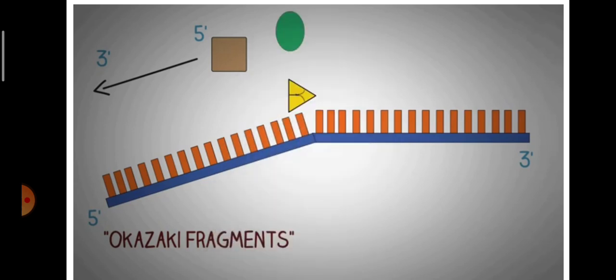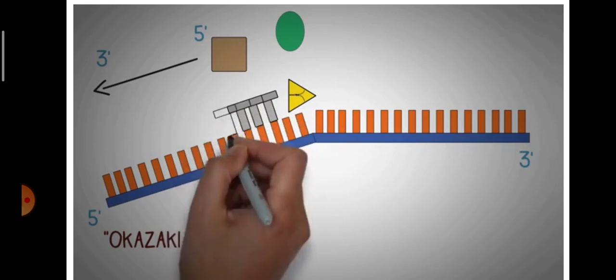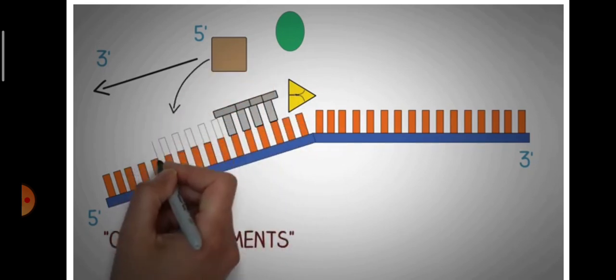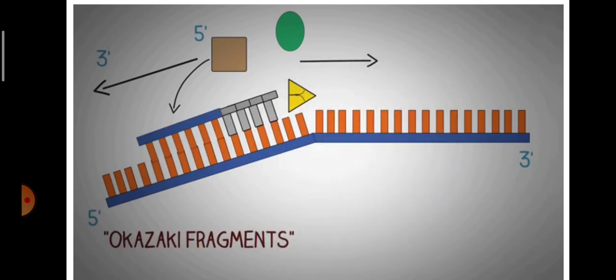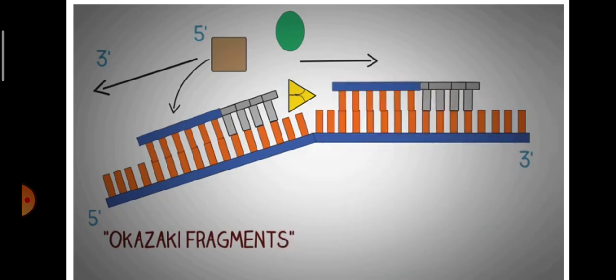What happens is that on the lagging strand, the primase synthesizes a short piece of primer, and then the DNA polymerase synthesizes a short segment of DNA and then separates from the growing end. After this, the enzyme helicase would have opened up more of the DNA helix in this direction. Then again, the enzyme primase synthesizes a new primer further up on the DNA, which is followed by formation of another short segment of DNA. This process is repeated multiple times, thus known as the discontinuous DNA synthesis.